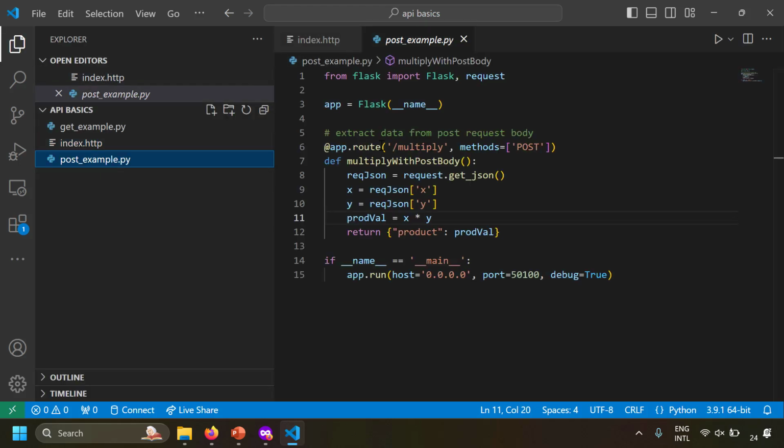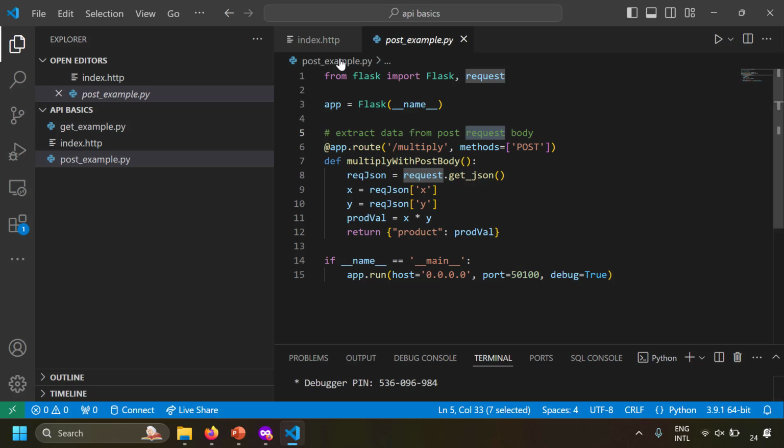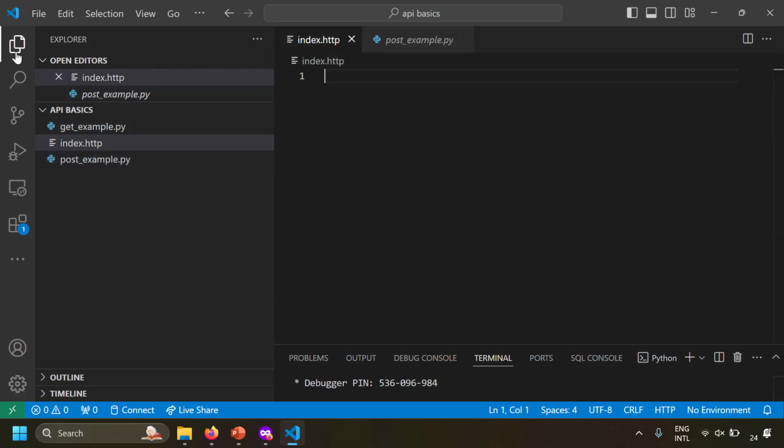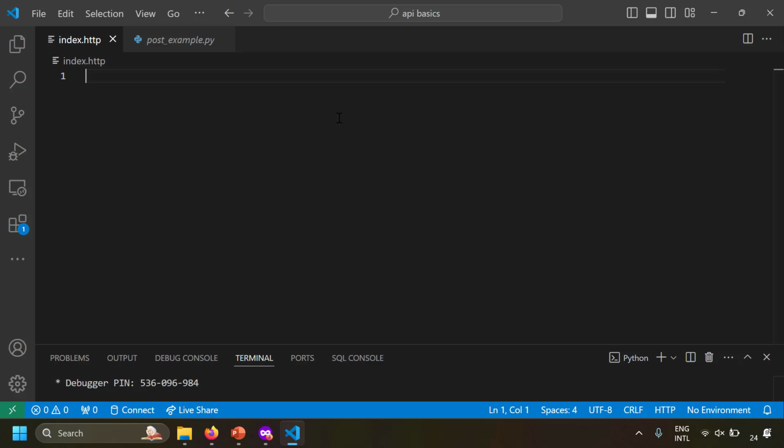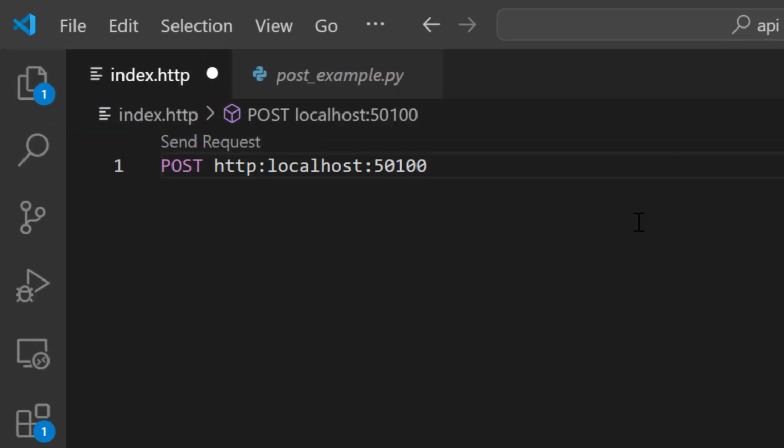And to do the demo, I will create a simple Flask server and run this. Okay, the Flask server is running. Let's try to open the .http file. And here let's try to create a simple request. My server is running on localhost port 5000 and there is a URL endpoint called multiply, and here you need